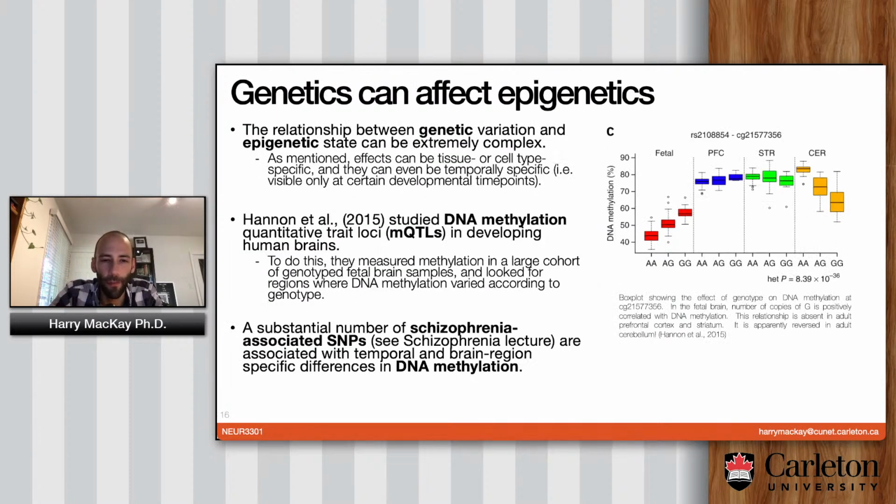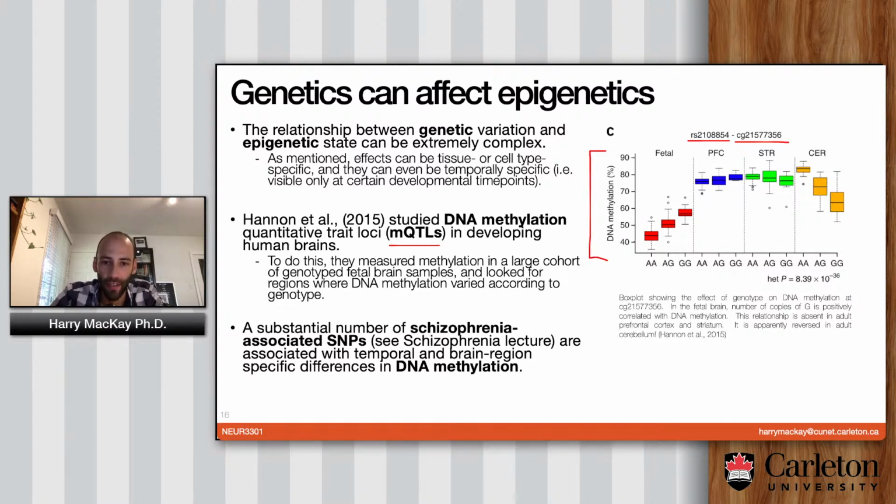So here's an example of this. Here is a SNP, RS2108854. This is what you would call an mQTL. This is a variant that affects the level of methylation at a given position in the genome dose-dependently. So not only is this affecting methylation, not expression, it's affecting it in an age and tissue-specific way. So extremely complicated relationship. Here's a box plot where the y-axis is showing DNA methylation measured in percent from 40%